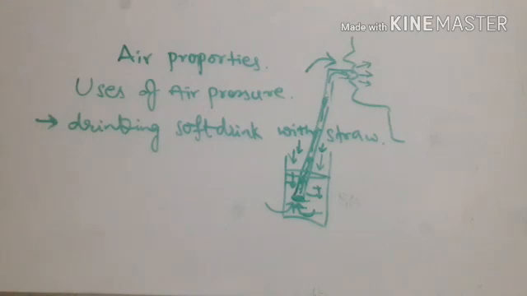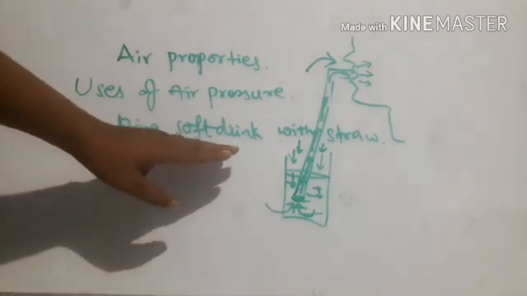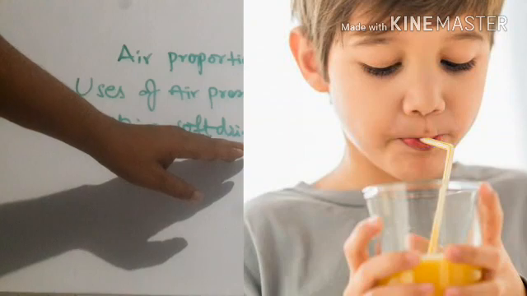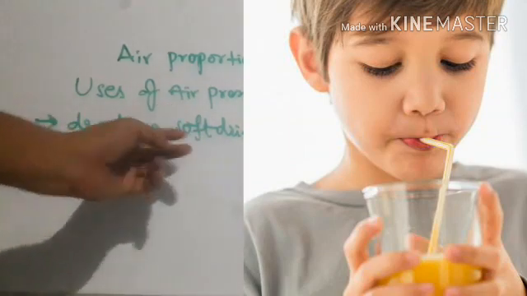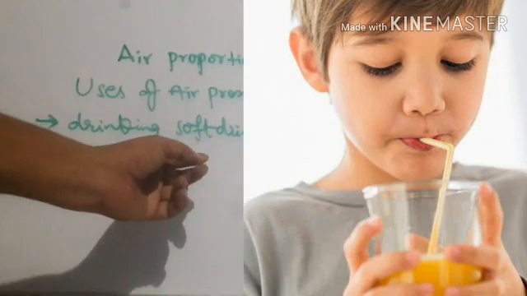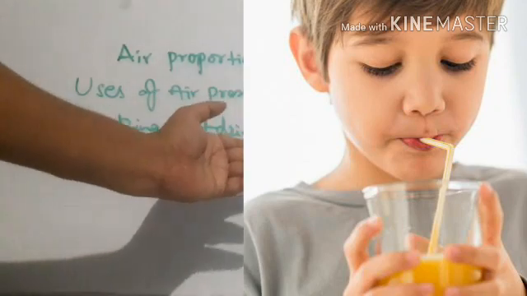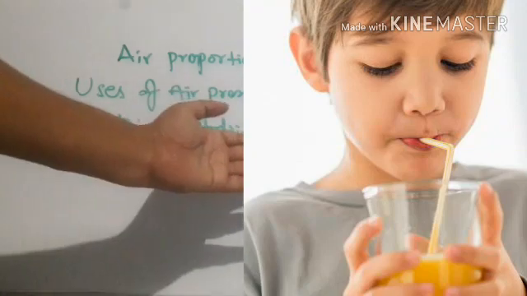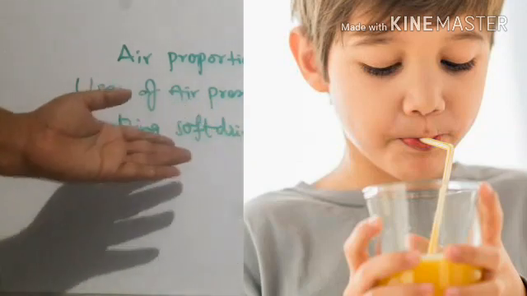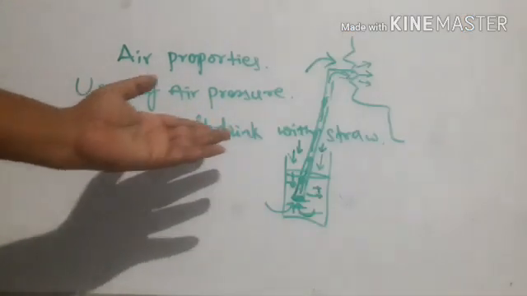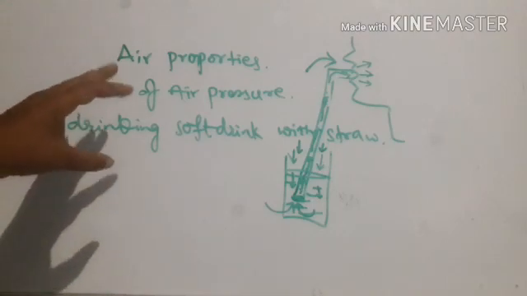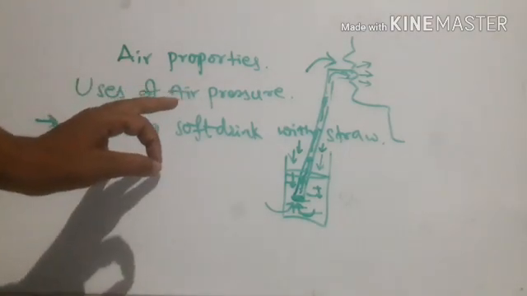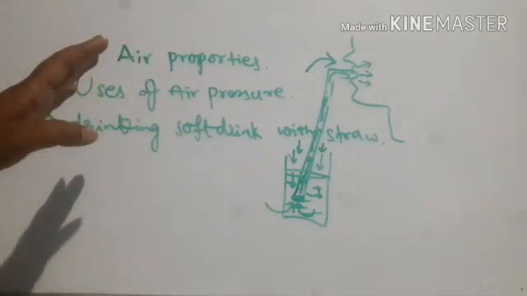But here my suggestion to you is that do not drink soft drinks, Coca-Cola, Pepsi, Thums Up, Mirinda, whatever it may be. You should not drink them. Why? Because they all have added flavors and they cause harm. They have carbonic acid, so this acid may cause damage to your health and stomach, so we should avoid the soft drinks. If you want to drink, then one and only best drink is lemon water.